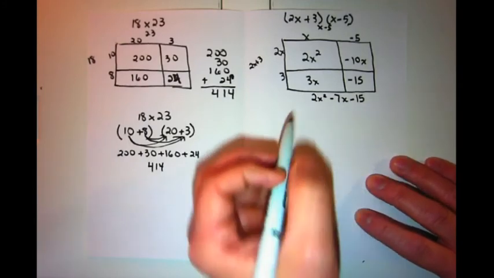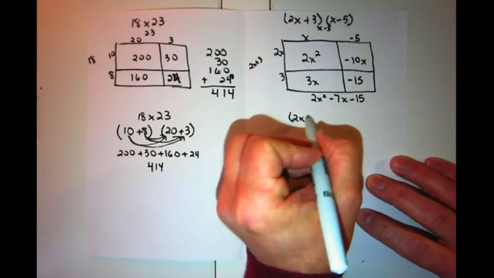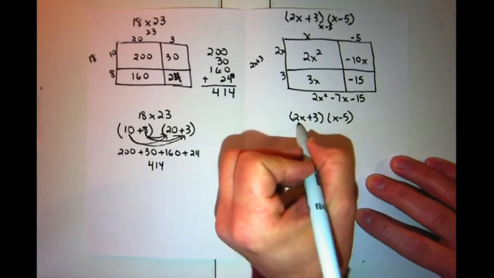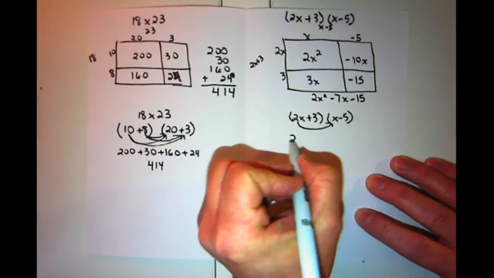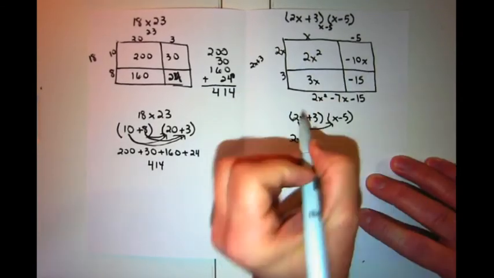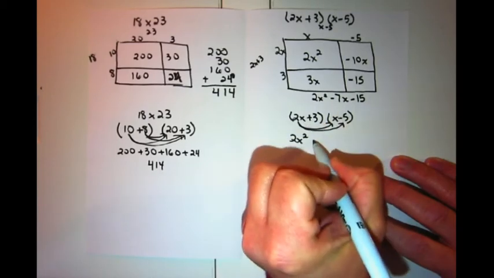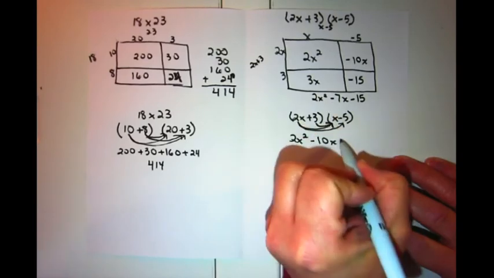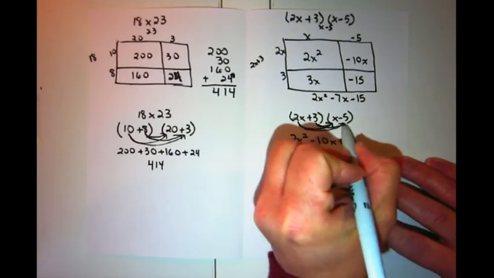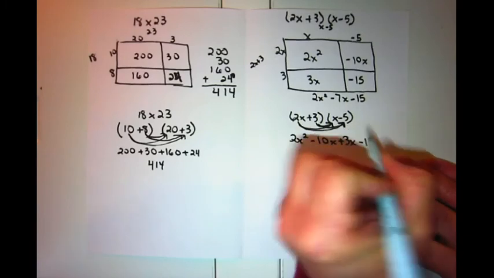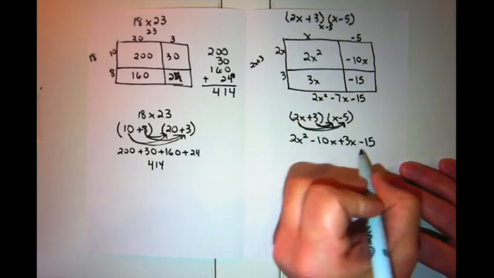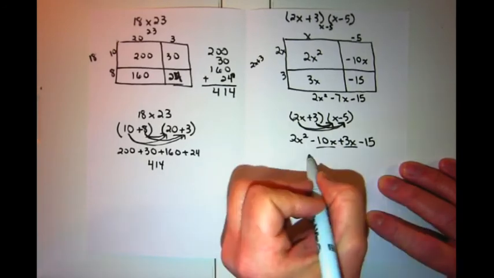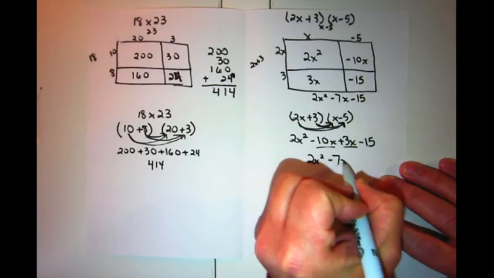For this problem, in the abstract, it's very similar. 2x plus 3 times x minus 5. We take the 2x times the x and got 2x squared, which we see in that box. The 2x times the negative 5 and got negative 10x right there. The 3 times the x and got 3x. And the 3 times the negative 5 and got negative 15, which is right there. We combined our like terms, so we added all of our partial products together and got 2x squared minus 7x